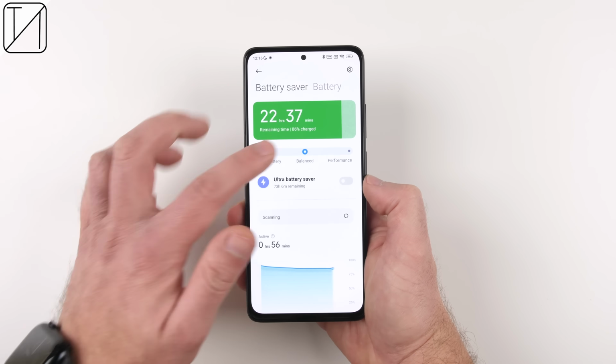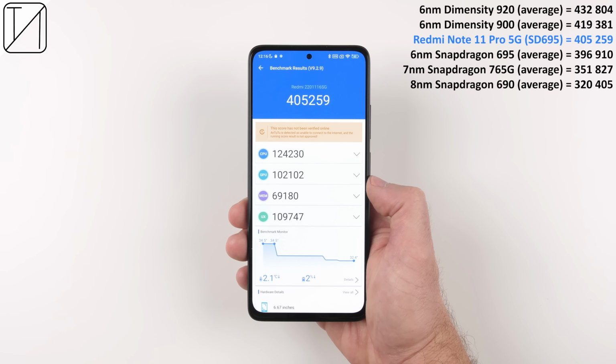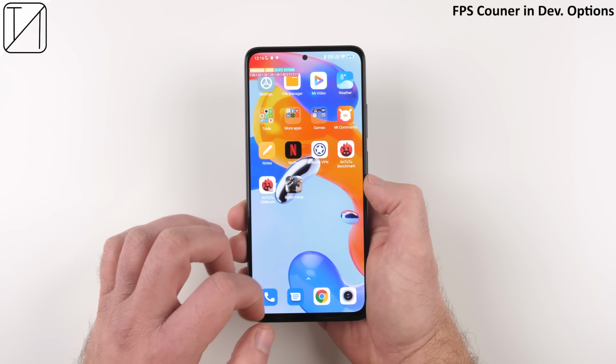And when you move over to the battery settings, we now have a new performance mode, which was actually introduced within MIUI 12.5. And enabling that yields an AnTuTu score of 405,259 points. And thanks to this being a Xiaomi device, we can enable an FPS counter within the developer options,